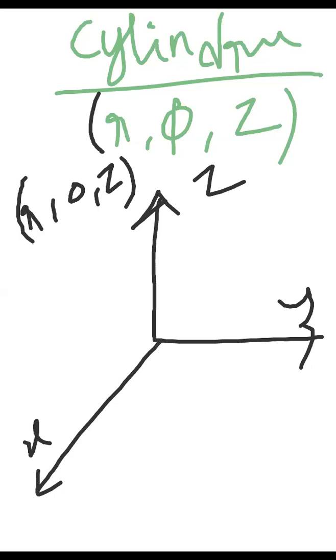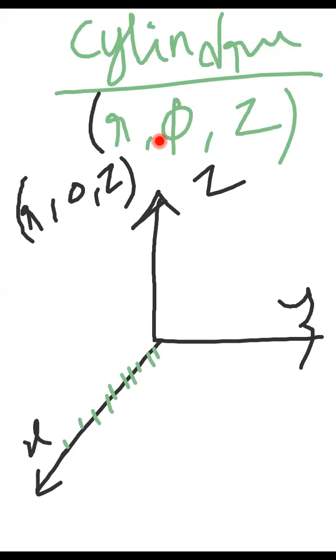Now, what does φ mean? It is the angle measured from the x-axis. Now I am giving φ itself as 0. That means my point is exactly on the x-axis. Only a point that is on the x-axis will have an angle of 0 degrees from the x-axis. Please remember, this angle is always measured from the x-axis.